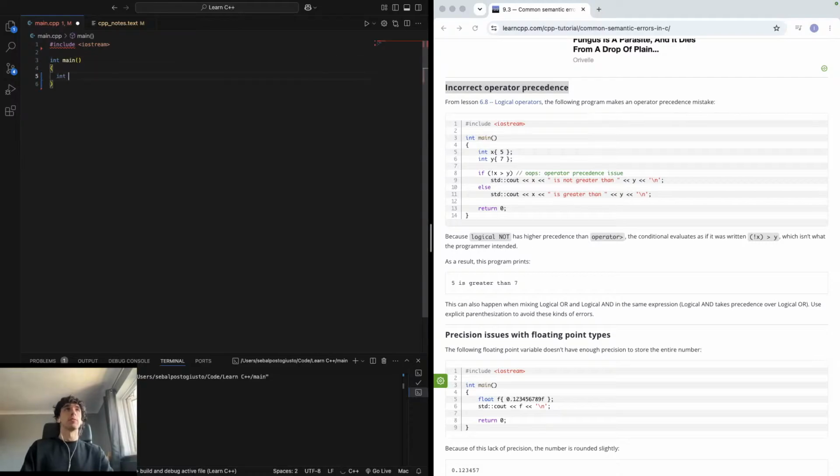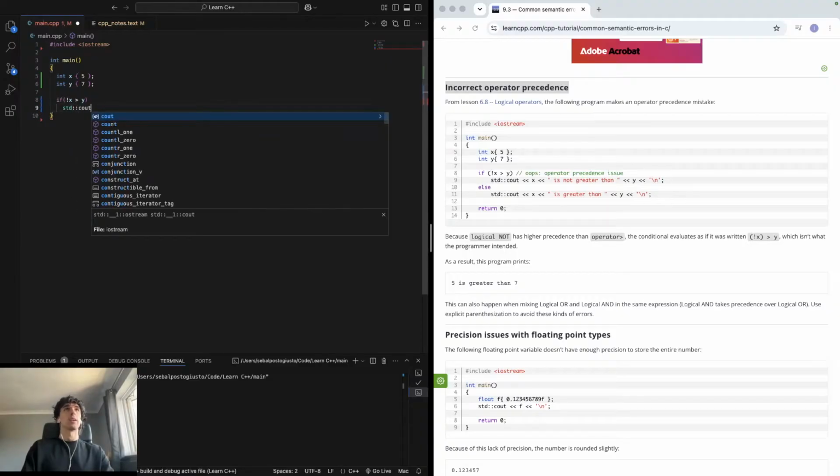Then we're going to do int x 5, int y 7, and then we're going to say if x is not greater than y, which is a bit weird, then we're going to do standard character output of x is not greater than y,